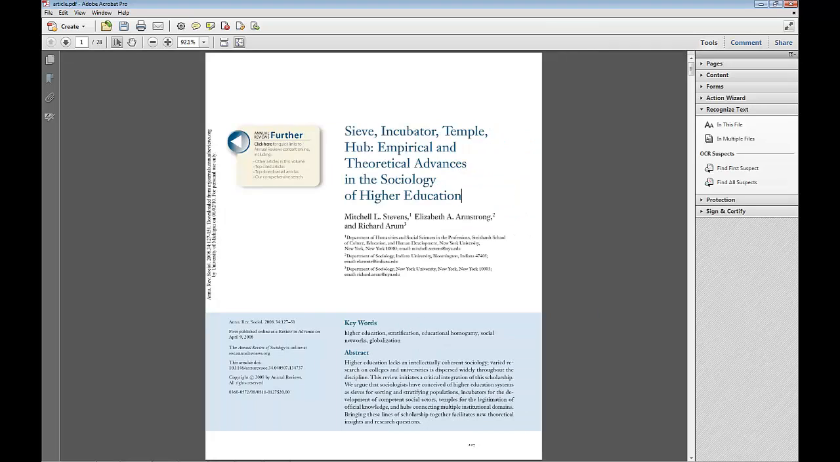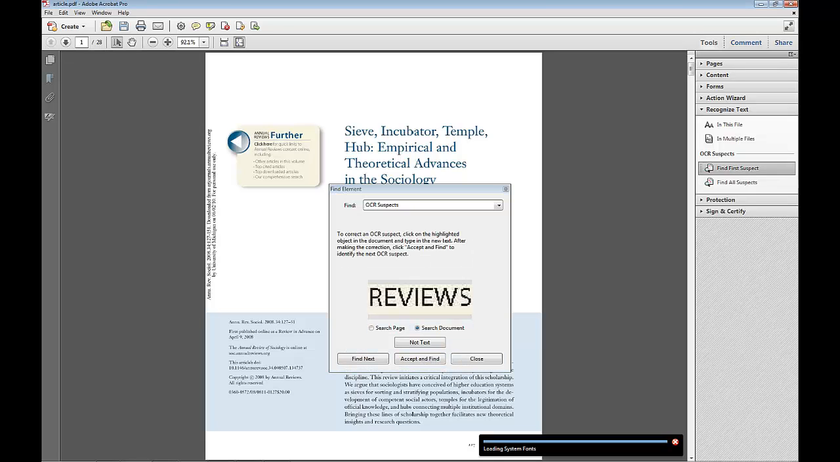Just in case you find that there's a problem with some of the text, normally you won't have to do this, it works pretty well most of the time, but if there's some text that's not working out well and you want to correct it, you can go back to the Recognize Text and click on the Find First Suspect. Now what this is doing is it's highlighting text that it wasn't quite sure if it got right. So in this case it's up here,